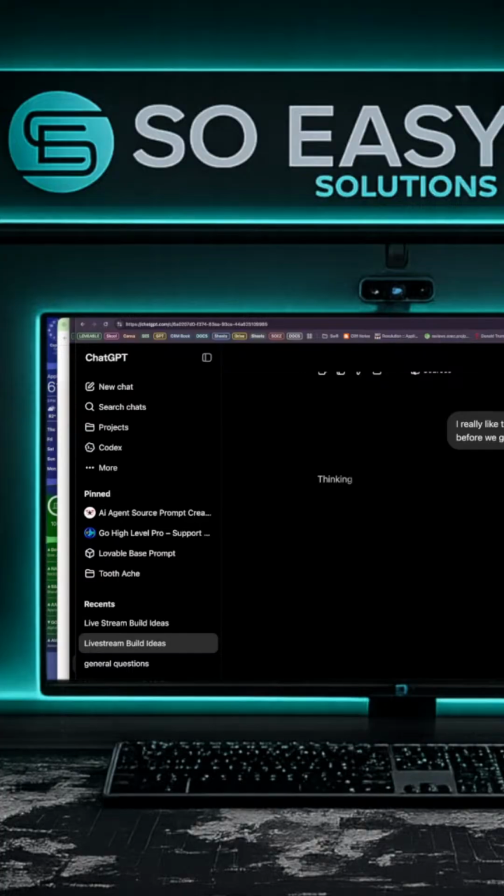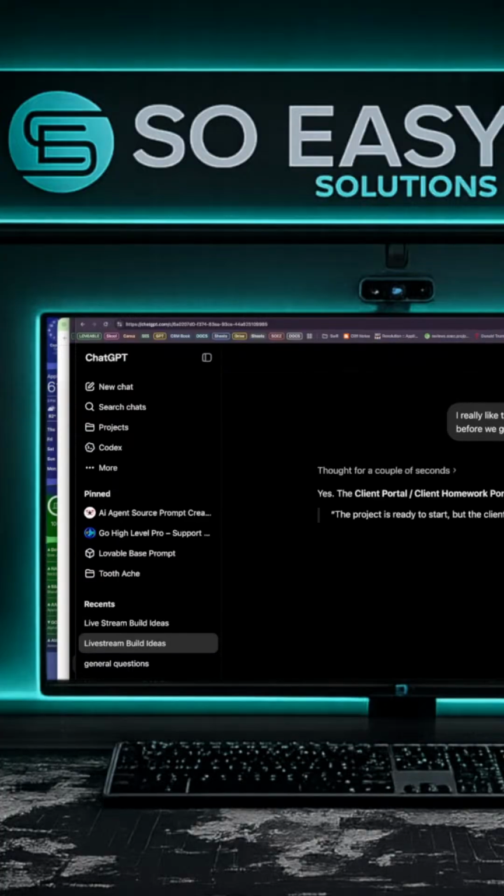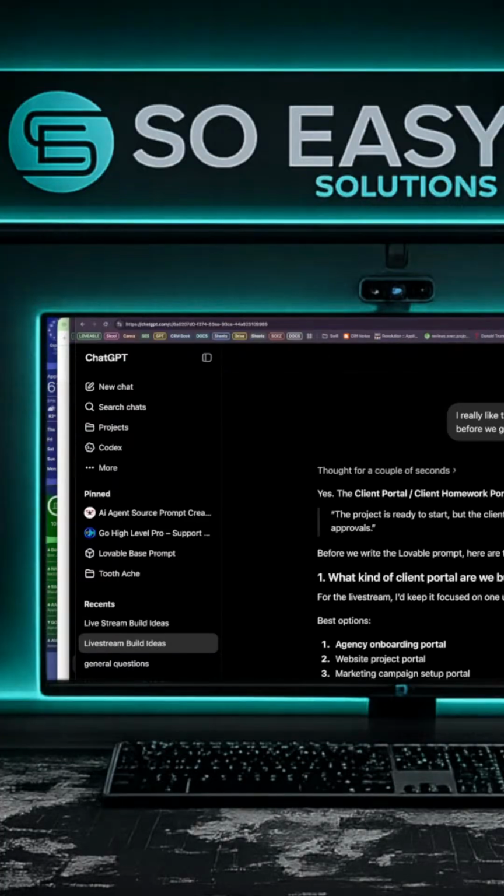So here's the cheat code. If you have a paid ChatGPT subscription, I would use that to build the Lovable prompt. You could certainly say, hey, build me this, but then it's going to say, what about this? What about this? And it doesn't have the opportunity to really plan out the whole thing. So we're going to use ChatGPT. It's going to ask us some questions. Then we're going to get the prompt, and then we'll go into Lovable. So here we go.